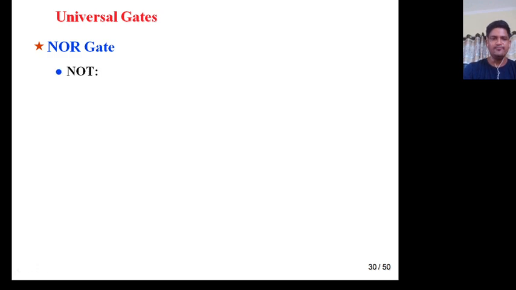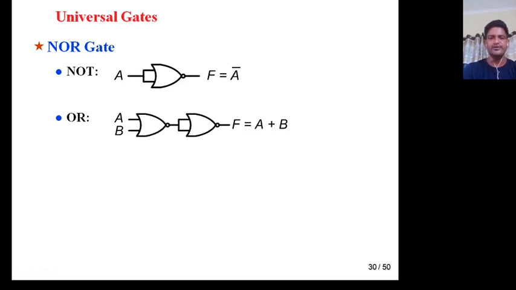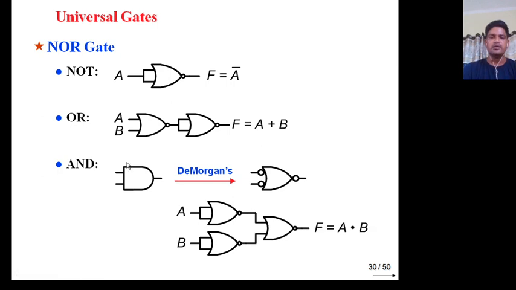And similarly for the NOR gate, you know (A plus A) whole bar is nothing but A bar. Next one is OR, again you know (A plus B) double bar equals A plus B. One complement for this bubble and one complement for this one. Next, the AND gate, again apply the same. You can replace this by applying bubbles at inputs as well as at the output.